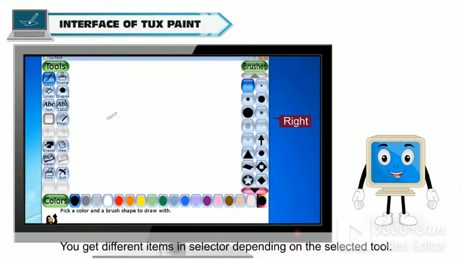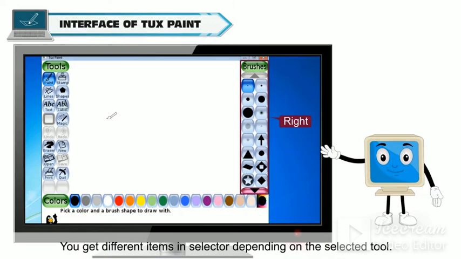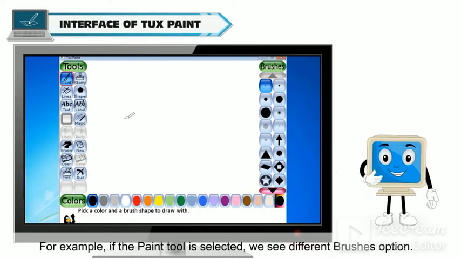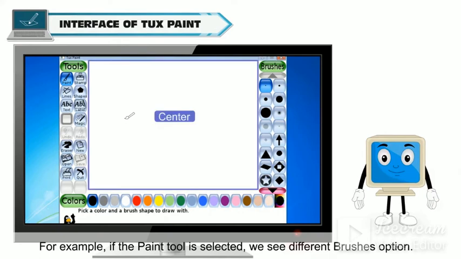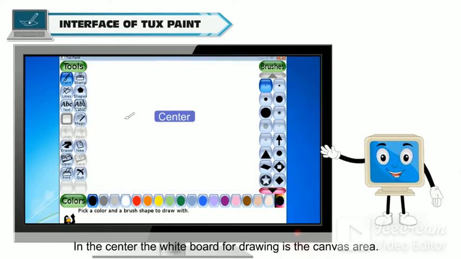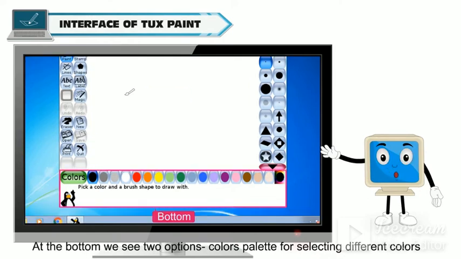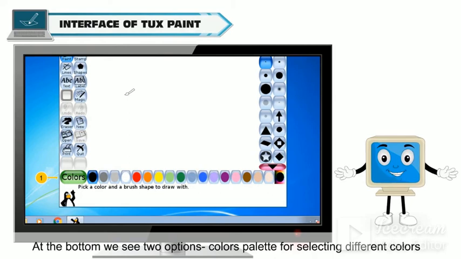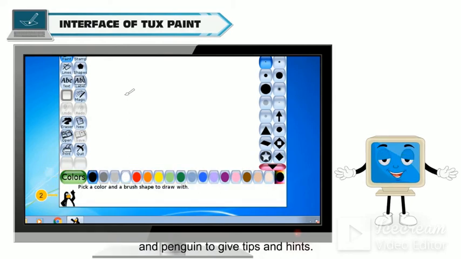You get different items in selector depending on the selected tool. For example, if the paint tool is selected, we see different brushes option. In the center, the white board for drawing is the canvas area. At the bottom, we see 2 options: colors palette for selecting different colors and penguin to give tips and hints.